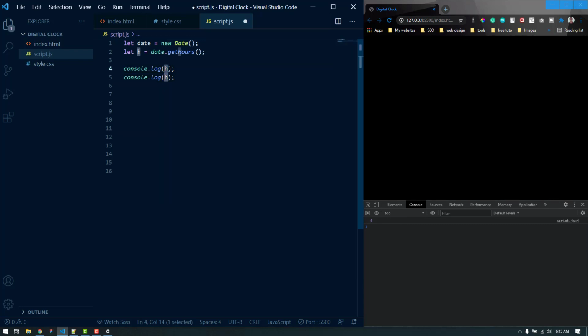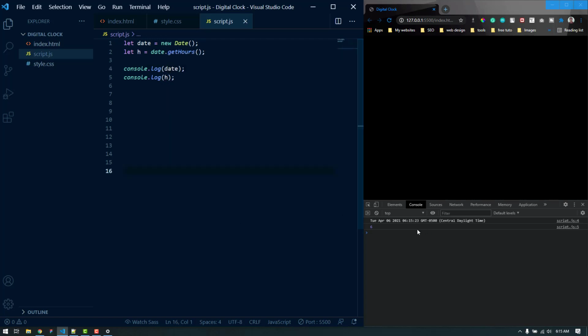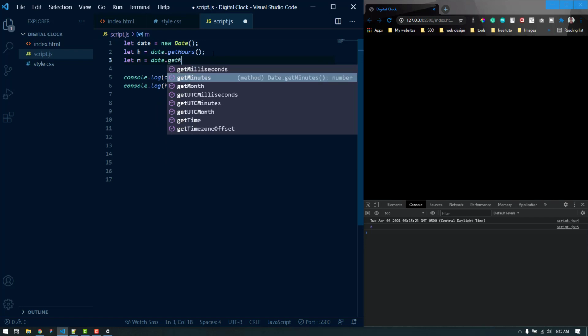Let's also console.log the date here again. So this is the 6, which is the hour, and in the same manner we can get the minutes and seconds. So let's do that. Let m for the minutes, date dot getMinutes.